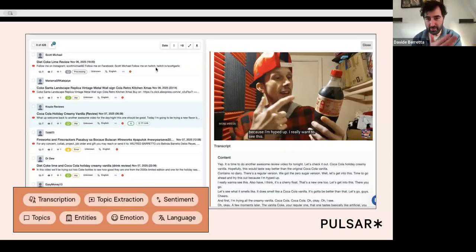Here we see just one of those reviews I picked randomly. It was the Coke Holiday Vanilla, which I haven't tried yet, so I can't give you my verdict on that one. But I can tell you that this was a product for which there were so many different reviews from small creators, folks without a huge following, who just want to give their opinion about this drink. And of course, drinks are something we all have opinions about, especially folks in the US, who consume a lot of soda. We want to look into what other people are saying, and try to build a model of how this product is perceived.